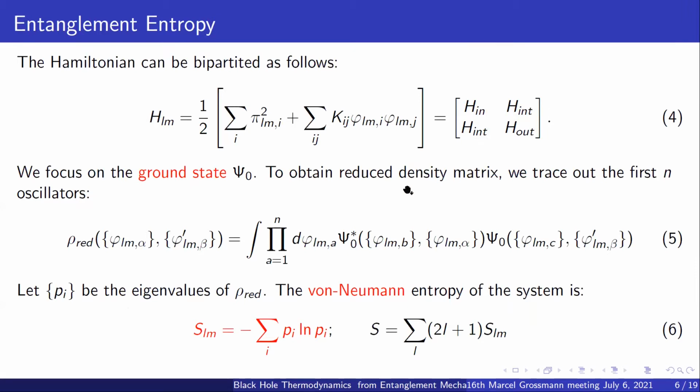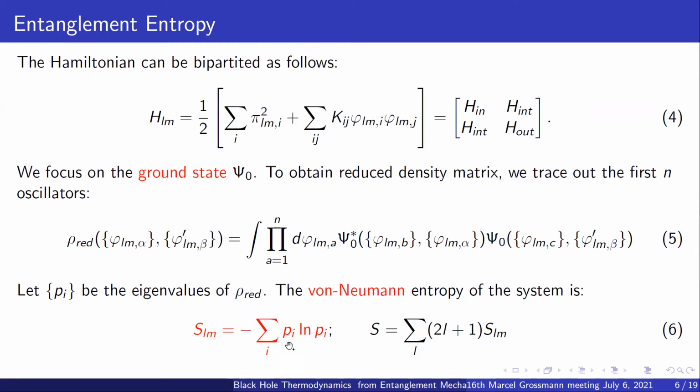And now, in order to calculate the first quantity associated with entanglement mechanics, which is entanglement entropy, we have to first calculate something that is known as the reduced density matrix, which can be obtained by tracing out the inner degrees of freedom from the total density matrix of the system. And once we have this reduced density matrix, we can go on to find the eigenvalues of the same. And the von Neumann description of entanglement is given here. Basically, it's the summation of minus P ln P, where the summation runs through all the eigenvalues of the reduced